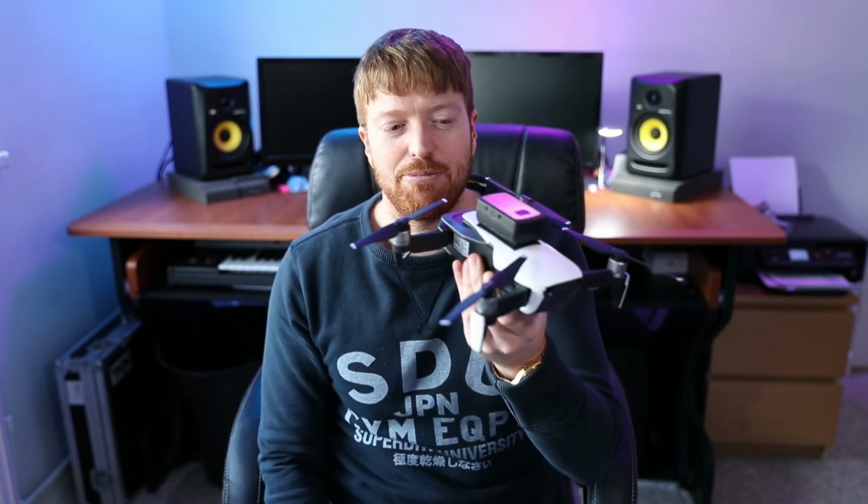Now, there's some of you thinking, well, this will probably affect the flight time and stuff like that. Well, to be honest with you, they say the battery on these things lasts about 21 minutes, but let's face it, after 15 minutes when your handset starts beeping saying low battery, we all just bring the drone back straight away anyway. None of us push our luck with it. So even if you end up flying this thing back after 15 minutes rather than 21 minutes,